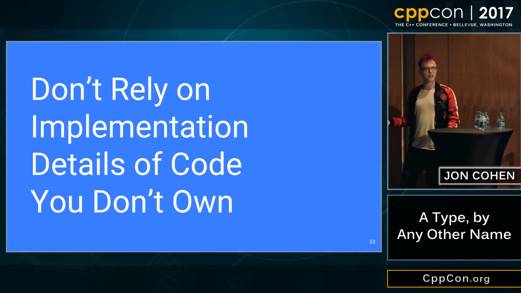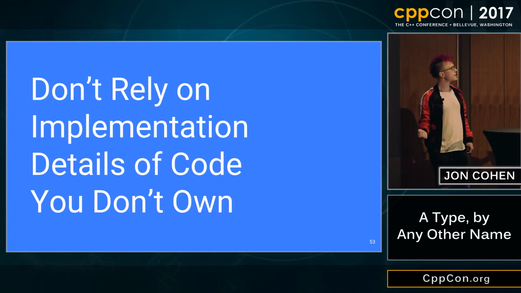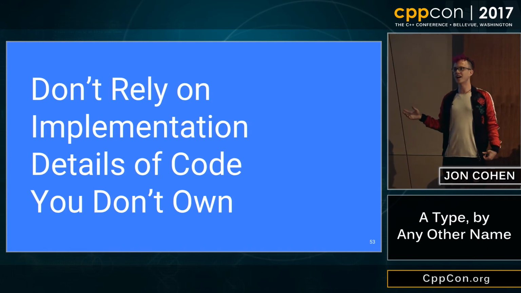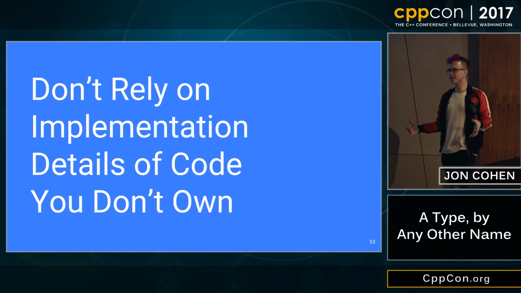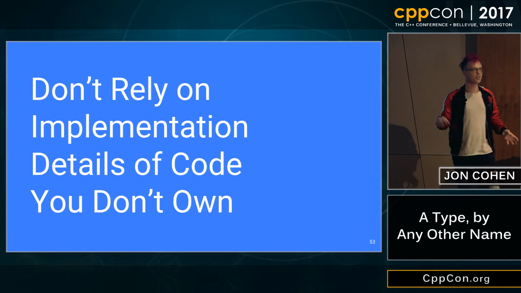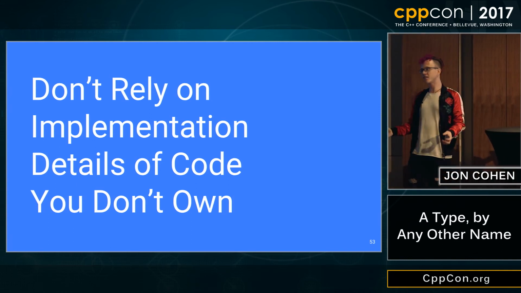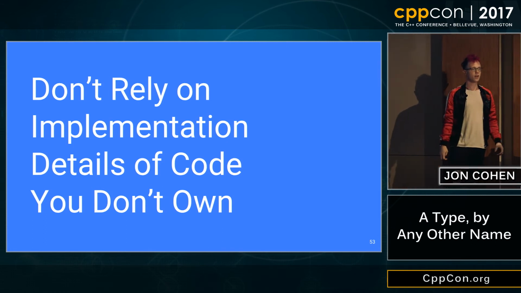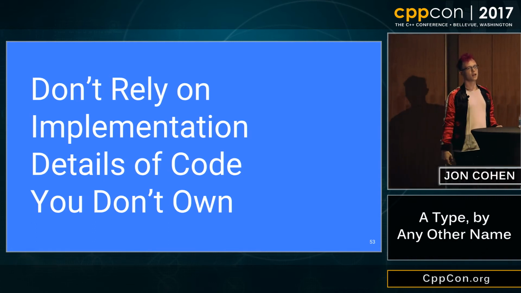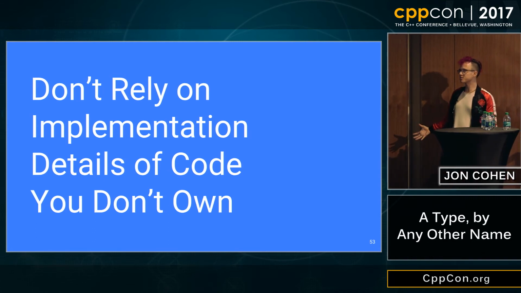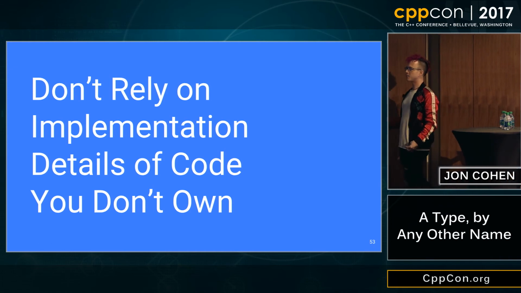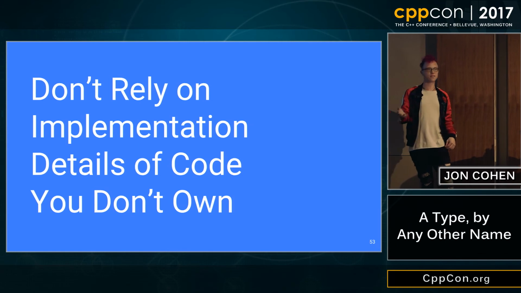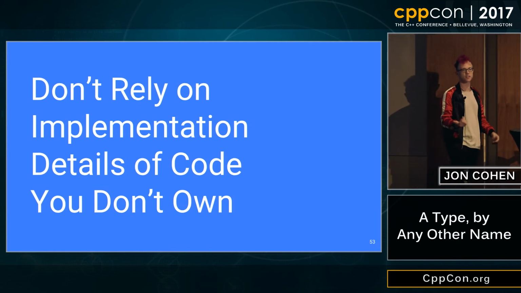And this bears extra repeating in C++ because the details that you could rely on in C++ are there and they're easily accessible. It's very, very, very easy to just say, blah, blah, blah, ::internal. We don't have types that are private to a module like other programming languages do. We don't have the ability to hide things as well as other programming languages do. Sometimes build systems can get around this. Bazel, Abseil's build system, has visibility rules that can kind of help us out a little bit here, but if these are named in a header because you're doing template code, all bets are off.